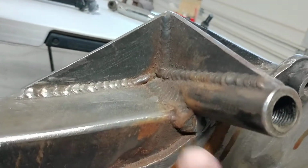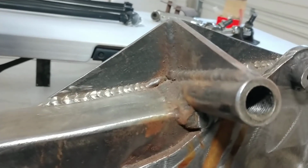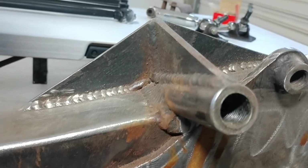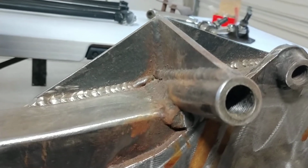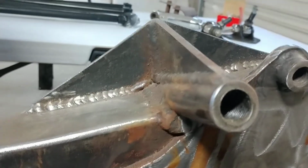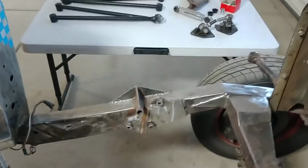I gusseted out this tubing right here. You can see it's got threads in it. What I did was I purchased a 4-link setup for this car right at the very beginning, this is my first Model A to deal with, and I had no idea how high that was going to kick the car up if I put a 4-link under it, front and back. So after I saw that was a tremendous screw up, I decided that I was going to change my idea, and I went ahead